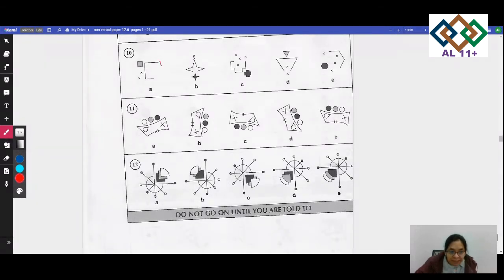If I need to cross it like this, it needs 1 and 2. So it'll be 2 here. To cross this, you need 2. It's 2 here. So all of them have the same thing, what they're asking you to do. 1, 2, 3, 4, that's fine. That's fine. Only E is the one which is different.